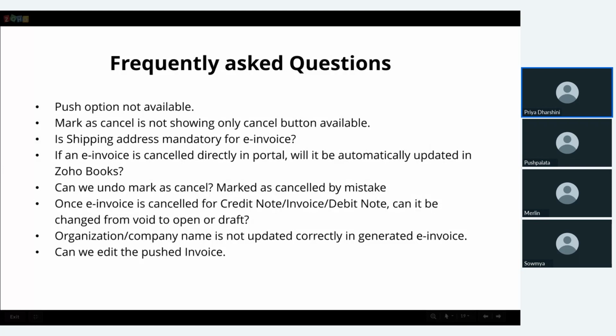The first case: we already know e-invoice can be generated only for B2B or overseas invoices. So check if the GST treatment of your customer is any other GST treatment other than these two. In that case, the push option will not be available. The second case: we already discussed the user must have the required permissions. Check if the user role has the push and cancel permission to push the invoices to the IRP portal. And the third scenario would be,